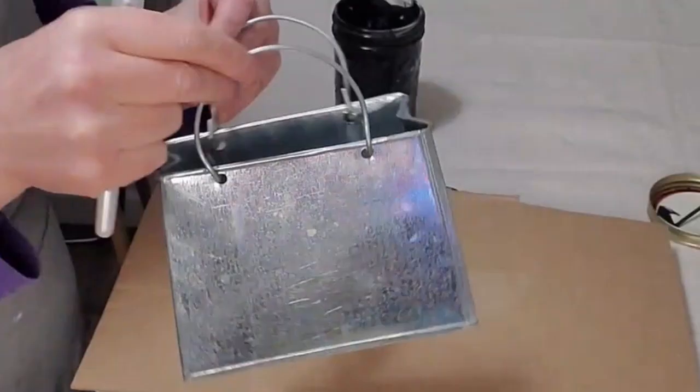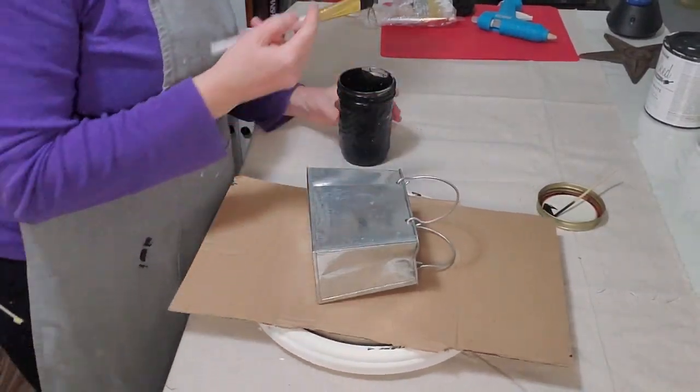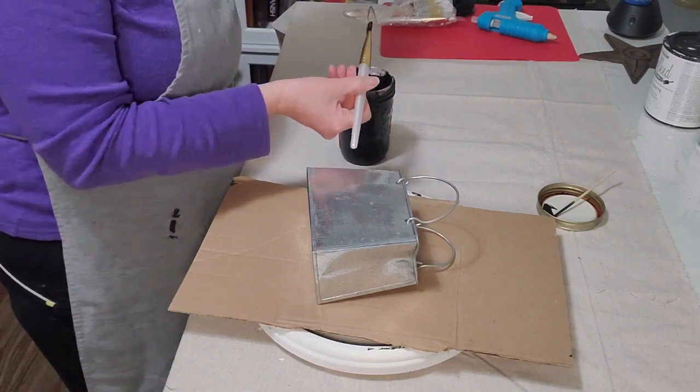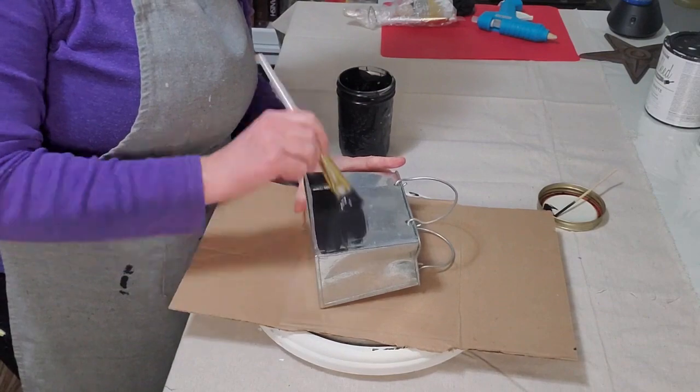For the next DIY, I have this little metal, kind of looks like a purse. I picked this up at the thrift store. So I'm going to put a base coat of black on this, and I actually should have applied that